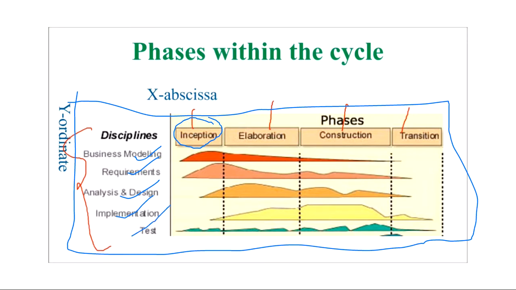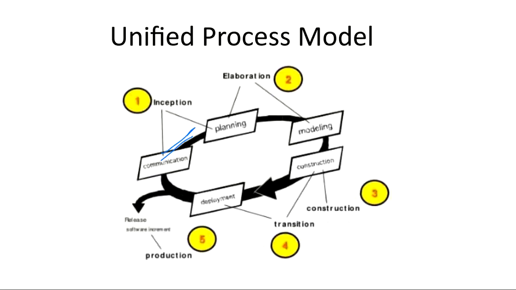It means how much percentage of work is done, because it is not that in the inception phase we are just doing requirement analysis. Requirement analysis is the first phase. But in the inception phase itself, we are making a kind of small use case diagram. For example, suppose the main project is that you have to make software that can place Domino's orders. It doesn't mean that in the inception phase you will only gather information from the user. After gathering the information, after this communication part, you will try to create some small use cases.